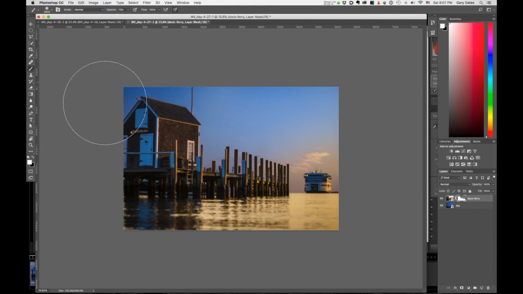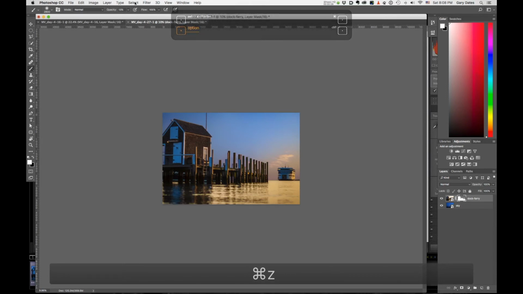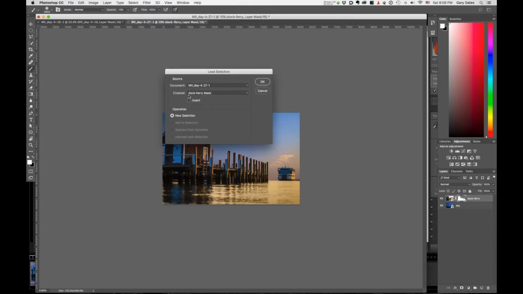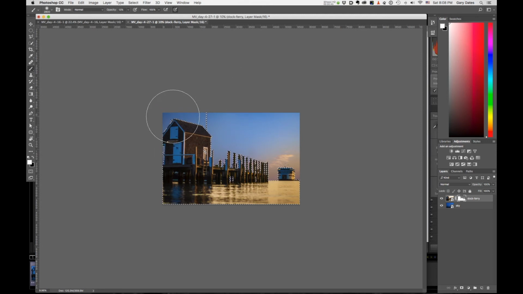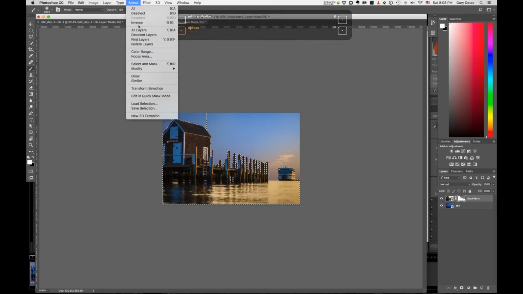And if I come over here, okay, now to me I just went too far. I need to get some of that back, and that's why we saved the selection. Okay, so if I go Select, Load Selection, and then go down to Doc Ferry, which is what we named. Don't worry about this stuff up here. It's this. That's the selection that I saved. Choose that. New selection. Hit OK. Bam, there's my selection. Now, if I invert this selection,